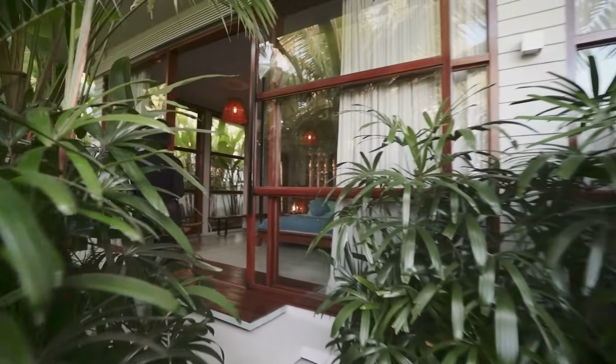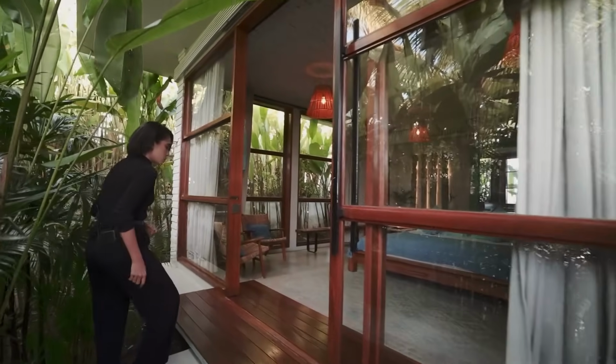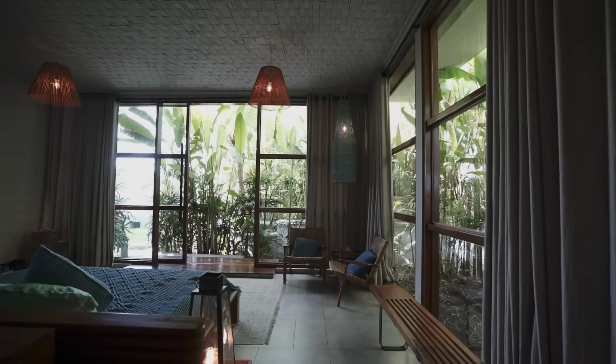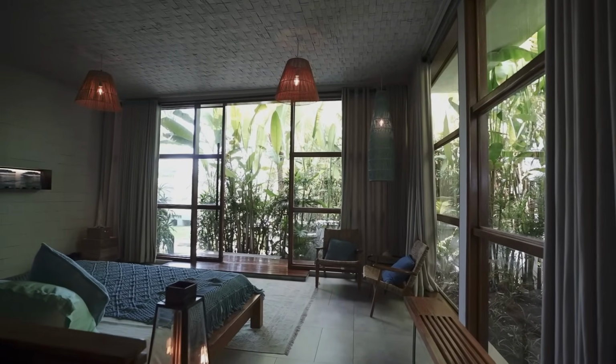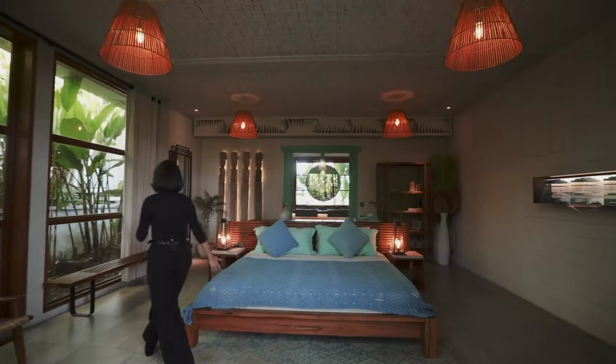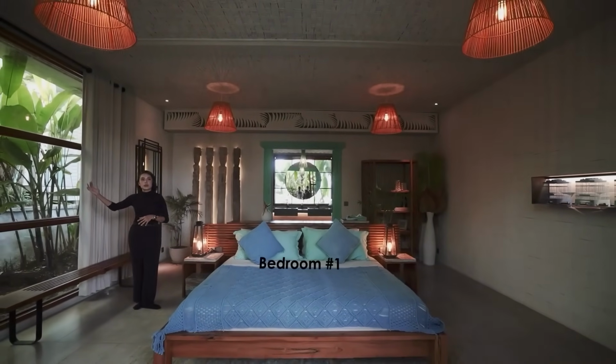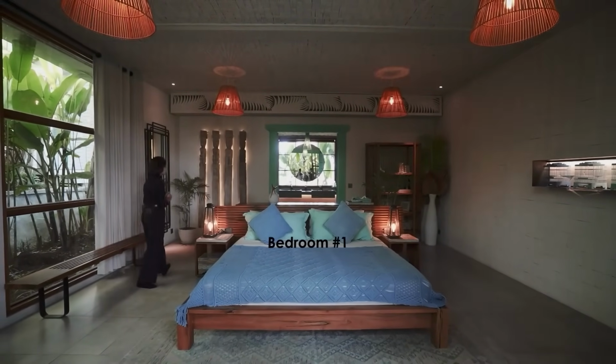So over here, let me just take off my shoes. We have bedroom number 1. So you have glass sliding doors that you can open to reveal the bed itself. You have lots of natural light thanks to the windows all around, but still you have a lot of privacy